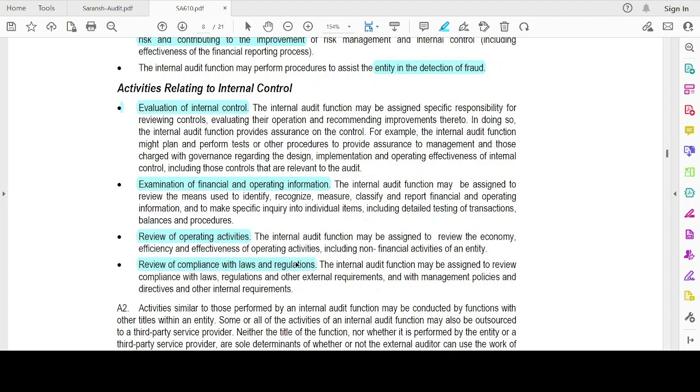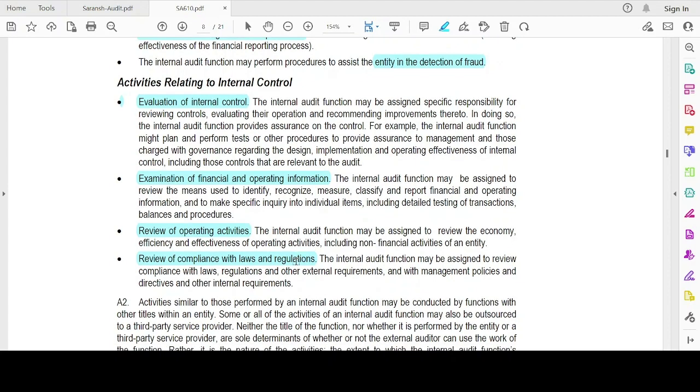These could be an MCQ. Okay, they could be an MCQ which asks, pick the one which is not the activity relating to the internal control. We have to pick it out. And then,